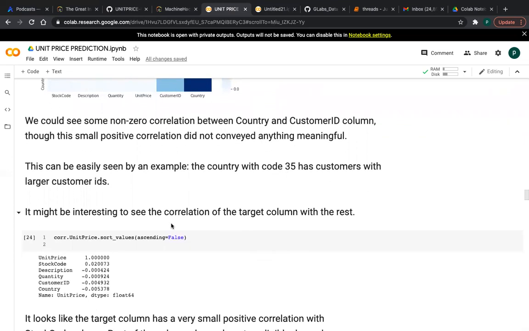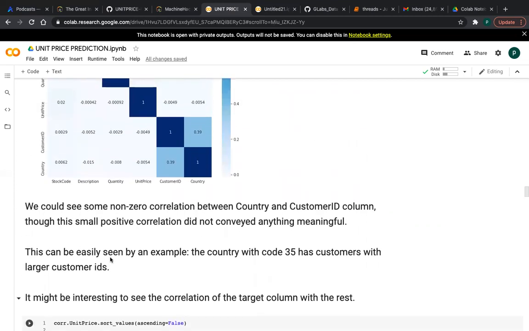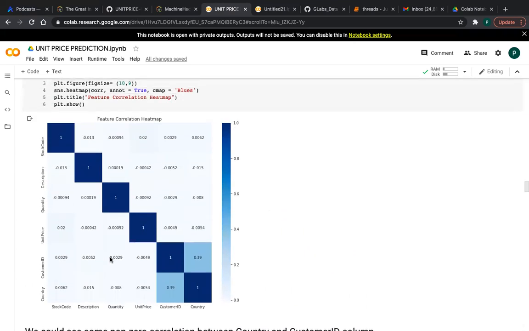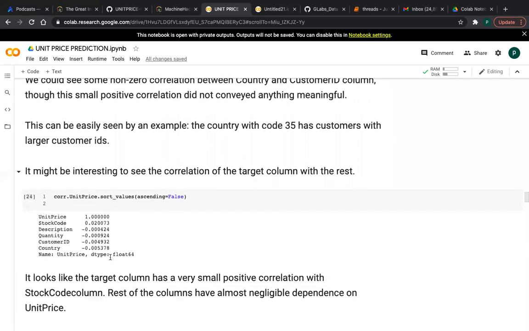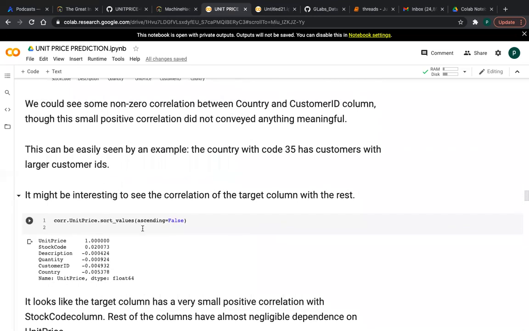For our main task, I am finding whether any columns are correlated with the target column. From this plot we can't know anything, because only experts can read it. For this reason I am using this syntax: sorting the values.